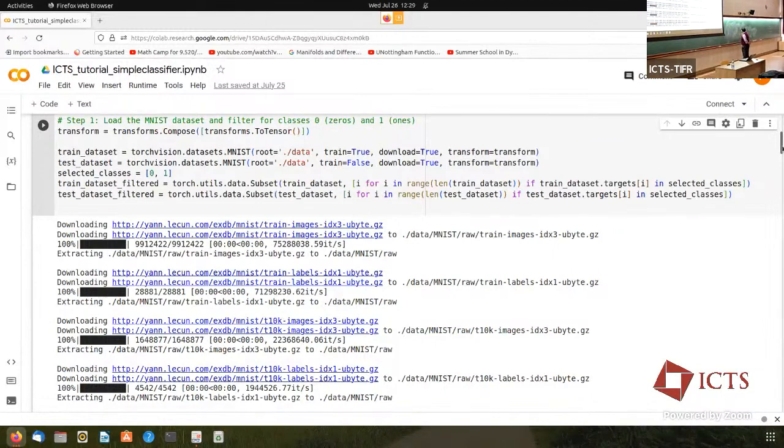is to create two folders. I'll create a folder and mark it, and I will place all images of 0, 1.jpg, 2.jpg, and so on, in one folder, and I will place all the ones in another. These are the two classes. Notice that the names of these two folders are zeros and ones, and the images stored in them are